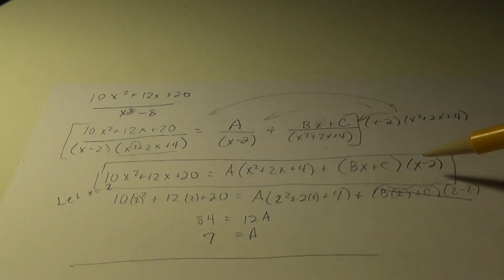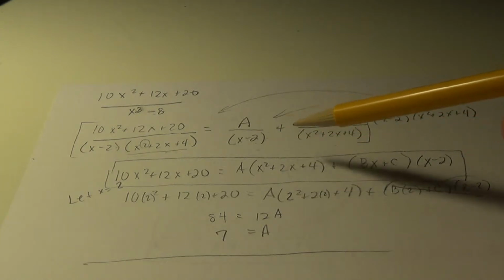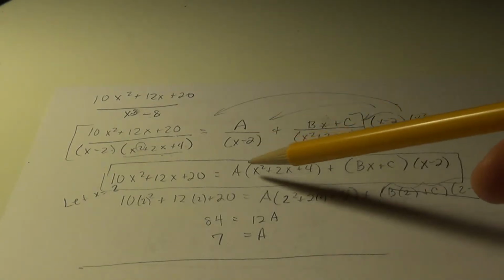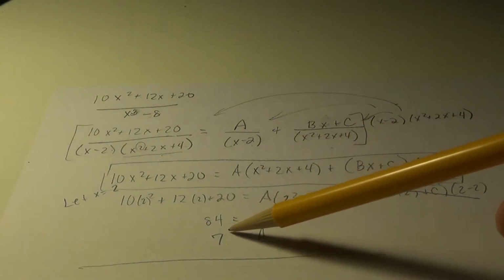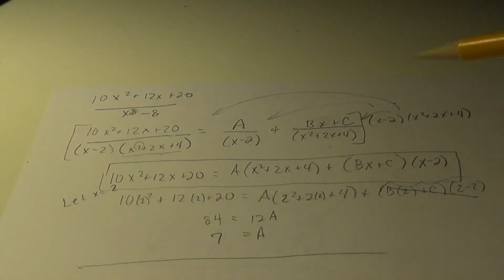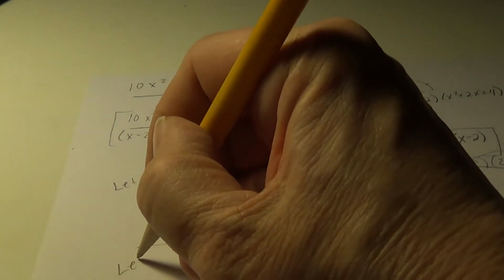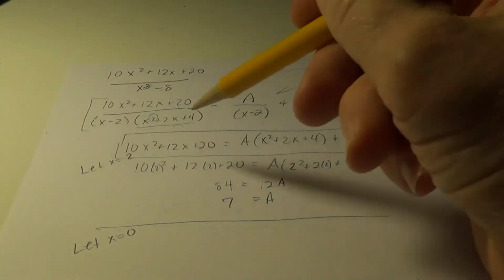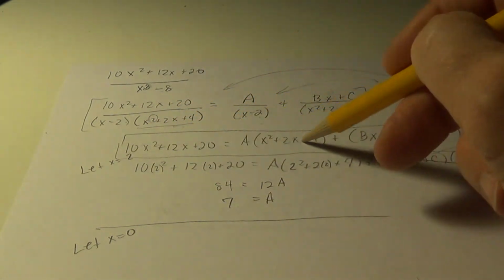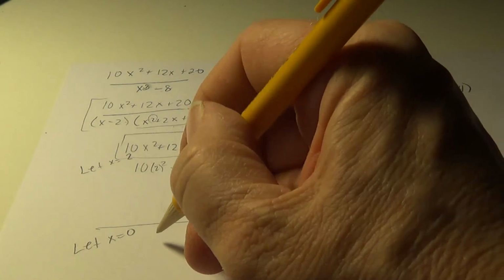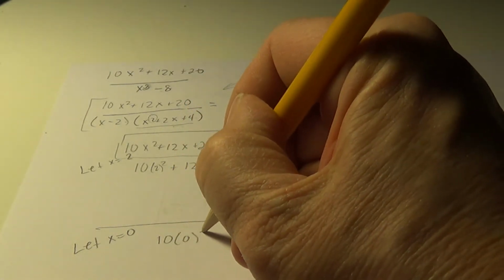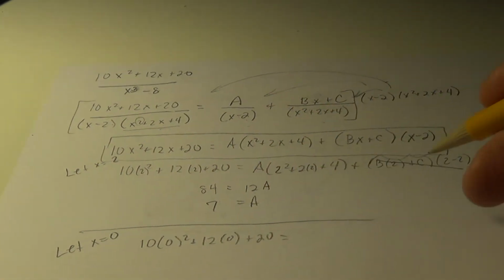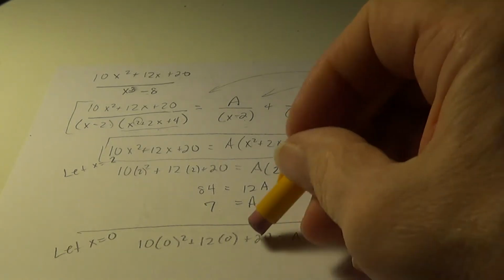What if I let x equal 0? I know a is 7, so that will simplify a lot and allow me to solve for b. Sometimes you can just try values, but you want to take ones that make your work the least. So as I rewrite this, I'm going to substitute 0 for x. I get 10 times 0 squared plus 12 times 0 plus 20 equals a, which I now know is 7,